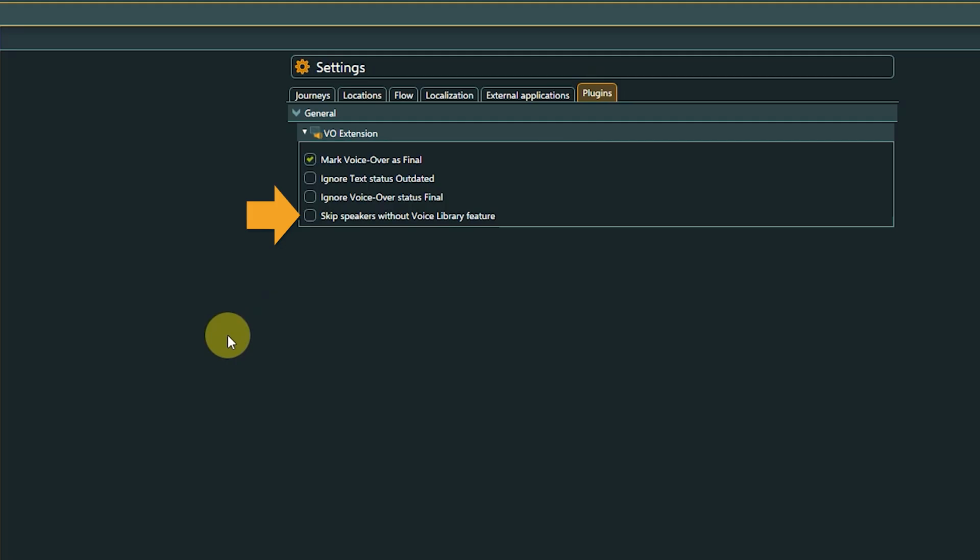Skip speakers without voice library feature. This option leads to AI-assisted VO being processed even if the element in question does not have the voice library feature assigned. In this case, the first voice in your ElevenLabs library will be used as a default voice. If you want controlled voiceover, with only voices you set in the voice library feature, check this option to skip